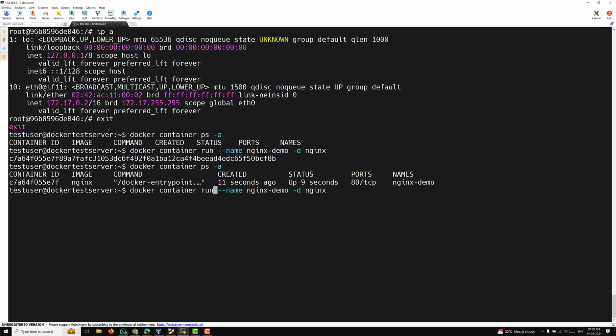Now I will try to create another container using the create command. We have learned about this create also, right? So I will use the create command and I will use nginx-demo1. Now this is the -d, so I will try to remove this. There is no option like -d for the create command. Why? Because the container will be just created, but the container will not be started. So if I try to create here, automatically the container is